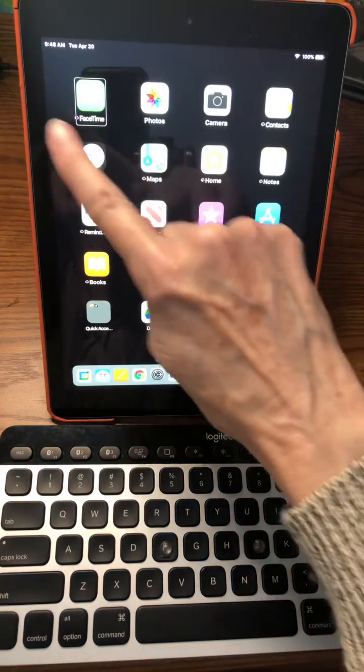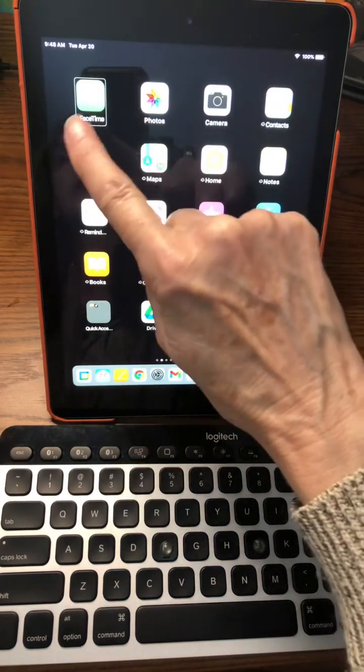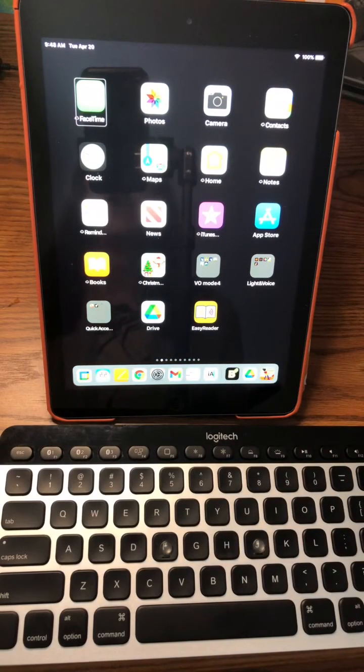So it's selected. I don't know if you can see, but there's a box around the app that it's focused on. And so it's selected, but then after it's been selected, then you need to double tap to actually open it. But with key commands, what we're going to do is, first off,